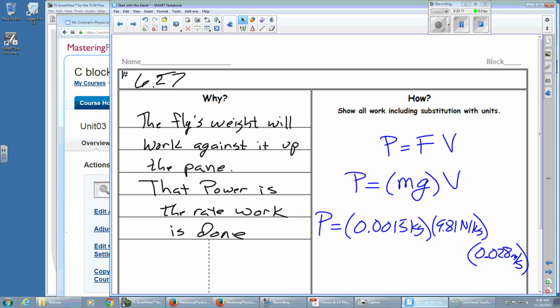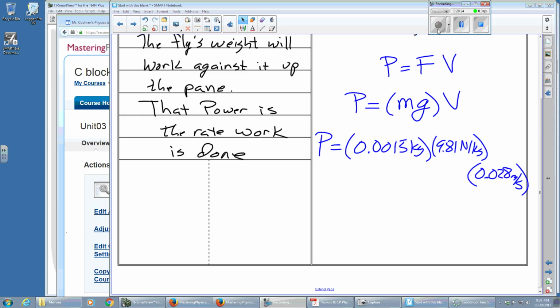So make sure you watch your units on some of these, especially things like little flies. What units is this going to end up being in? If I'm taking kilograms and newtons per kilogram and meters per second, I'm going to get an answer in joules per second, which is also what's called a watt. Remember, the prefixes are on the back of your equation sheet, and there's that video up in EdPuzzle if you need a refresher converting between them.